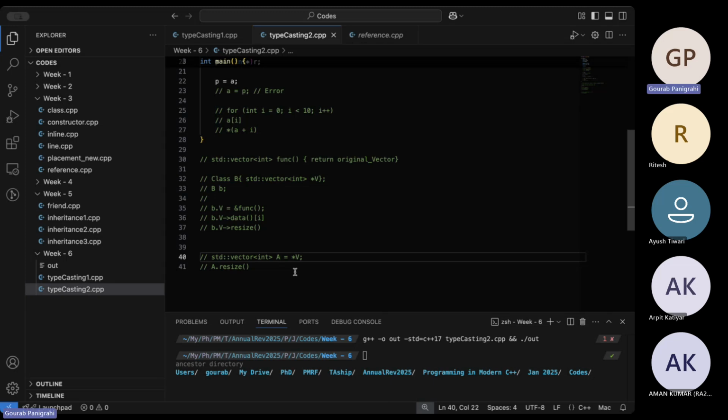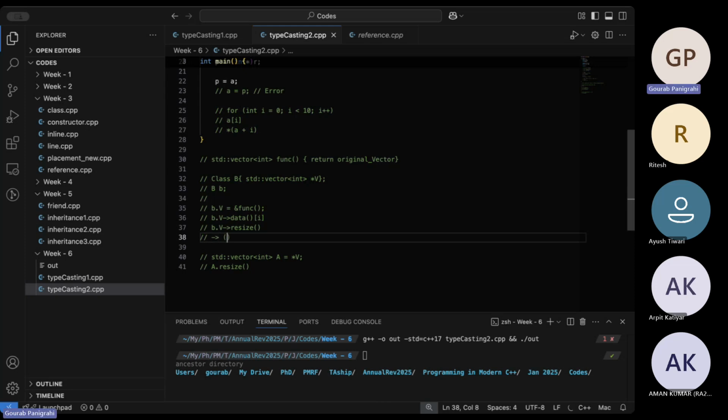Fine. But what if from the pointer itself, I have to access the members of the original vector? It has members like data, resize, and so on. To access members, one does the dot operation, right? So we do dot resize. Like here, if you think about this one, this is a simple standard vector, no pointer business, nothing. To access its members, we do the dot operation and then access the member function, right? So this arrow operation